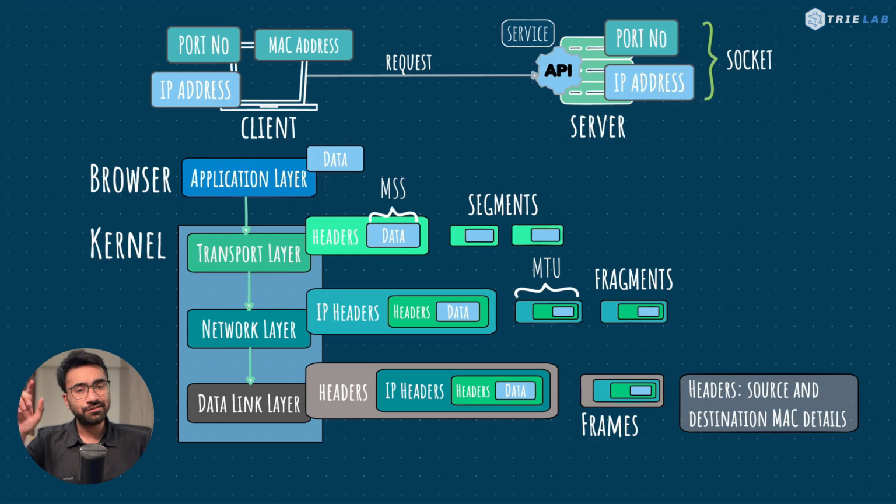Interestingly, the size of each frame is different from the MTU in the network layer. The MTU, or the maximum transmission unit, in the network layer depends on the network layer protocol we are using, while the size of each frame depends on the physical medium through which we are actually sending the packet. For example, if we are using Ethernet, the frame sizes will be roughly around 1.5 bytes, while if we are using Wi-Fi as the transmission medium, the frame sizes can be around 2.5 bytes. And if we are using Jumbo Ethernet, the frame sizes can go up to 9 bytes as well.